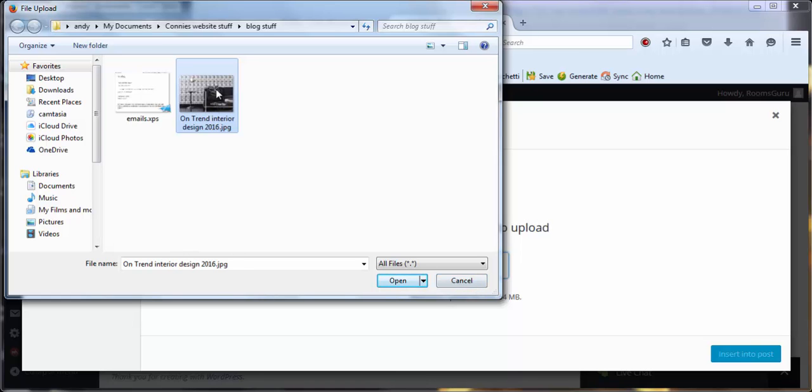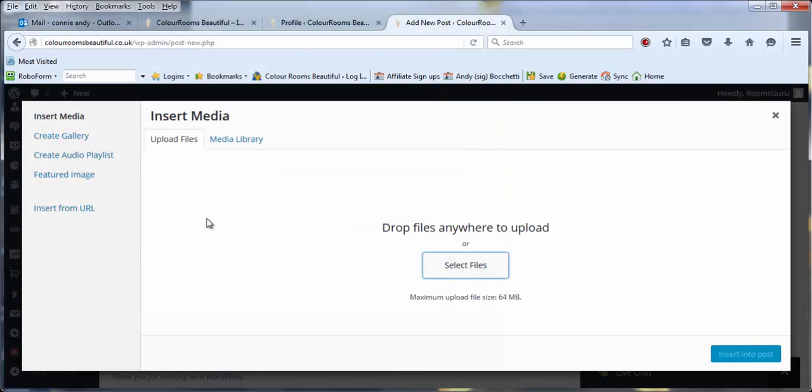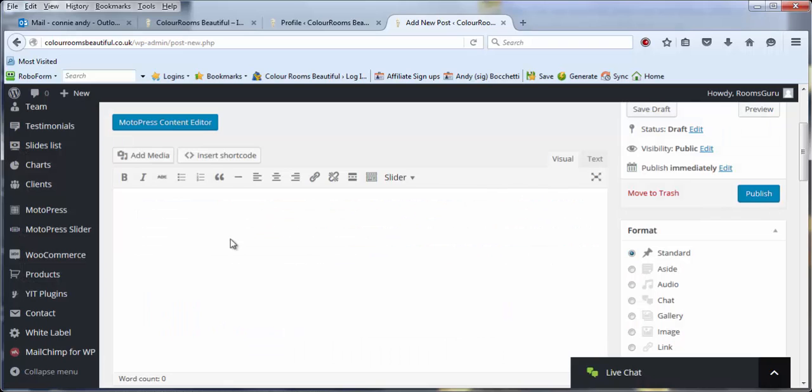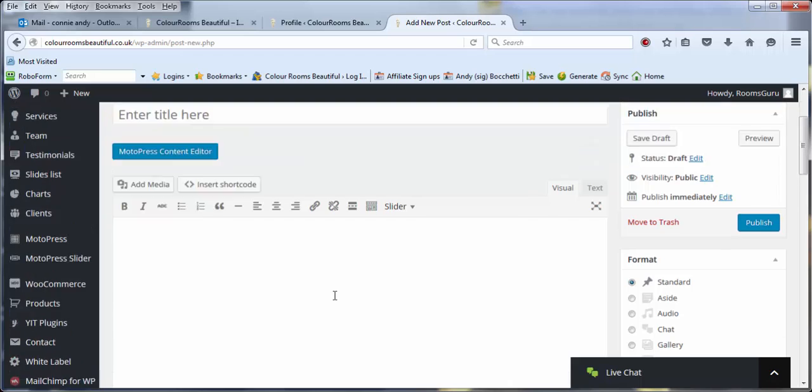I won't do it now because we've already got that picture. Then what will happen, it will load it into your library on your website, ready for you to use whenever you want. So supposing you uploaded it, it will appear in this library here. You click on it and then you insert it into your post where it says down here, and that will just pop it into this area here. Now once you've done that,